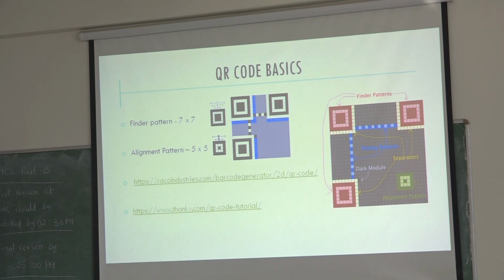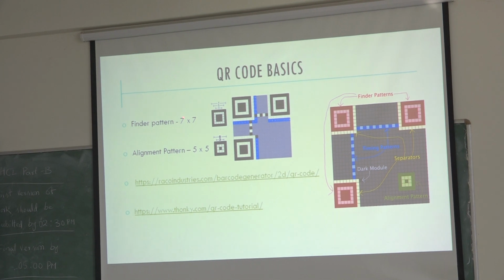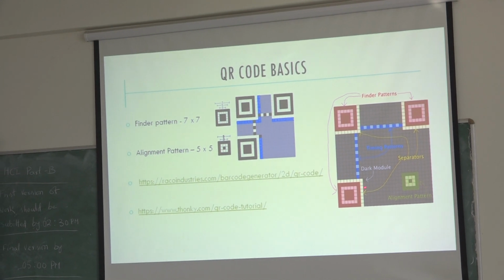So what kind of mode information and character count will be available here. This information is fixed for any version of QR code. For versions more than 7, along with this, we need to introduce some more, 6 into 3, 18 blocks of information for the other set of information values. So this pointer block will be 7 cross 7, and the alignment pattern will be 5 cross 5.